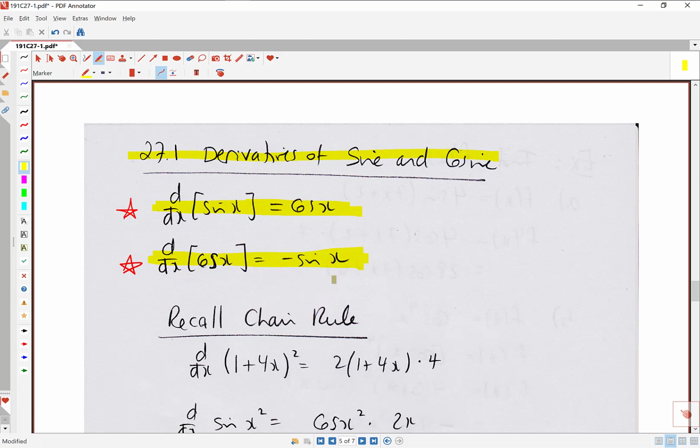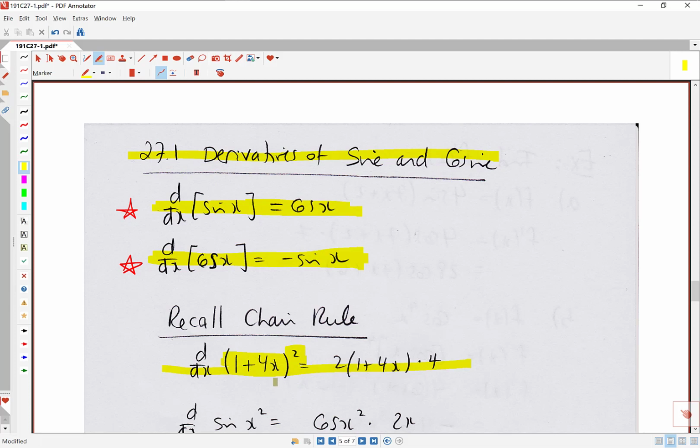Now, probably a good idea to do a quick recap of our chain rule before we get into our examples, because many of these derivatives involving sine and cosine will have chain rule involved. So let's look at this item here. Okay, let's think back to our chain rule. So we're trying to take the derivative of an inside function raised to a power. So we'd say the outside function here is the function that squares something, and the inside function is the 1